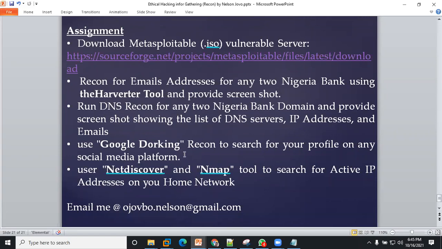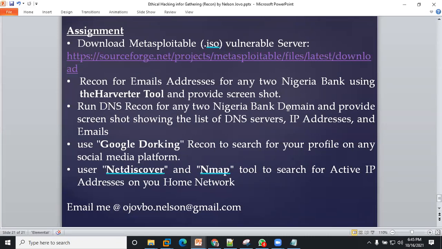The second one is that you pick two websites, maybe a bank website or a school website, and perform open source intelligence on it, just like we did. I'll send the slide, so you can see we have two Nigerian bank domains. Pick it up, perform open source intelligence on it, spot any vulnerability and report it.